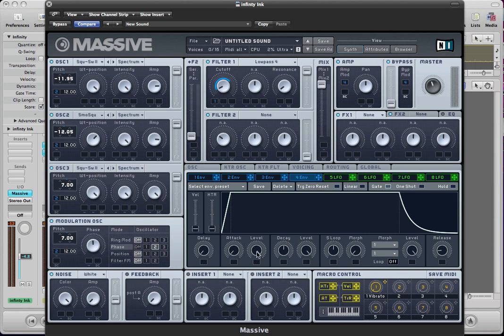And just keep everything else the same really. Attack level up, decay halfway, sustain up, release can stay around a quarter of the way up, and that's fine. So the next thing to add with the sound really is some effects,